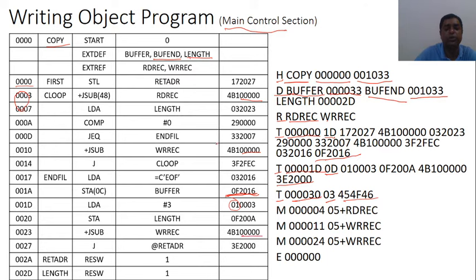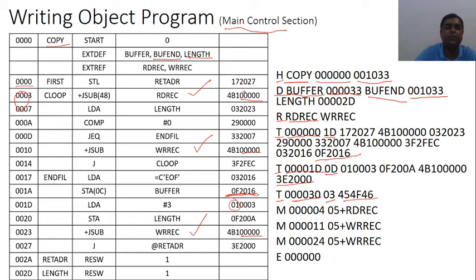0 is filled here. And the other instructions are written in format 3, so there is no problem because in format 3 we are using the displacement. That means we have to write the modification record for this instruction, this one instruction, and this one instruction. You can see, when we are writing the modification record, we have to change the address field only.